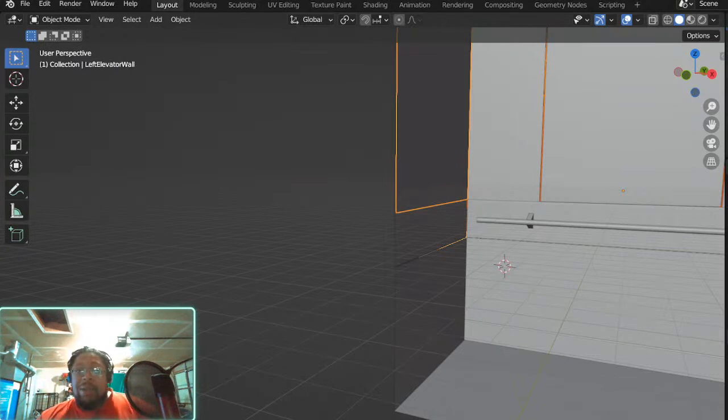So like I said, I'm not gonna finish this whole thing up, but this is my starting process, and then I'm gonna continue on after this. The next time, putting textures on there. I gotta build the panel still with all the buttons on it, the floor buttons and things like that. I gotta put lighting and a ceiling. So even though it's a small space, still a lot of work to do.